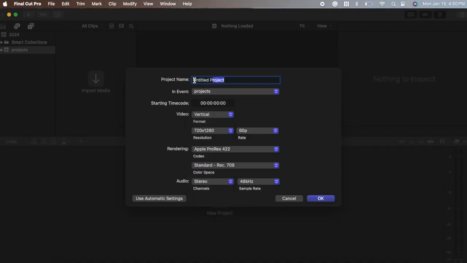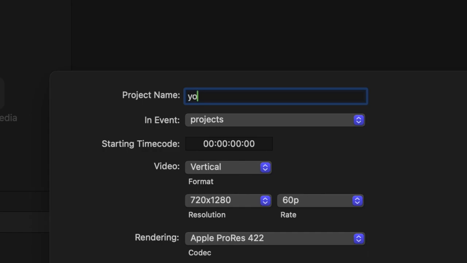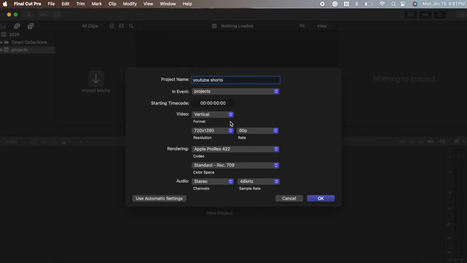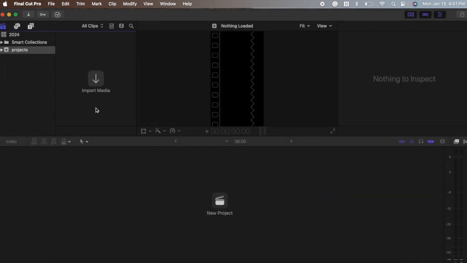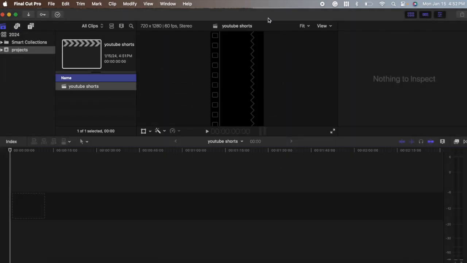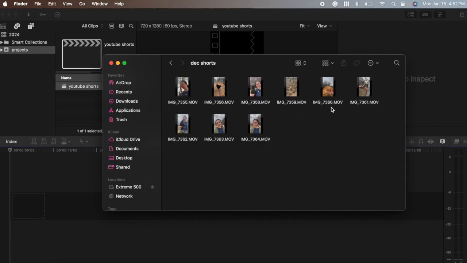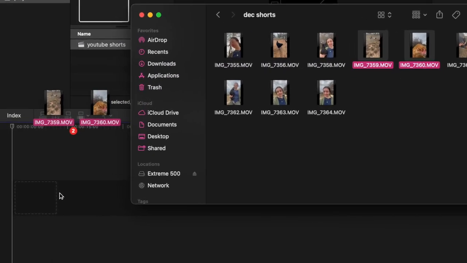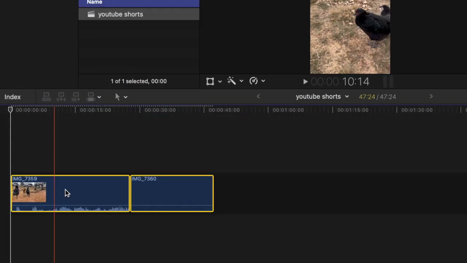Just select that. Go ahead and name your project. And that's how you make your vertical project. Just press OK. And now as you can see, your project is in vertical form. And I can go ahead and select some clips, drag it onto my timeline, and it's in the right format,